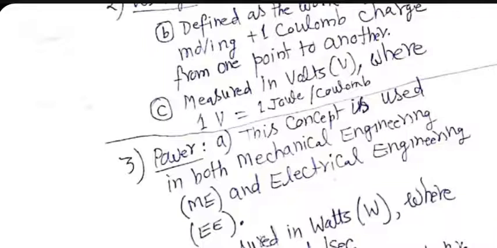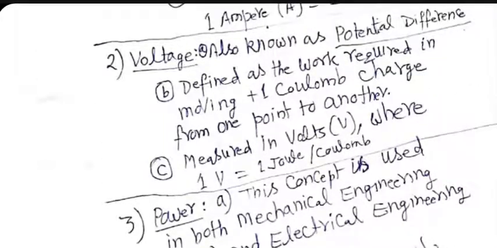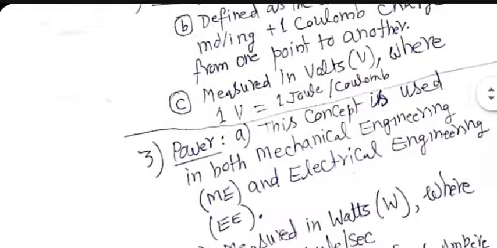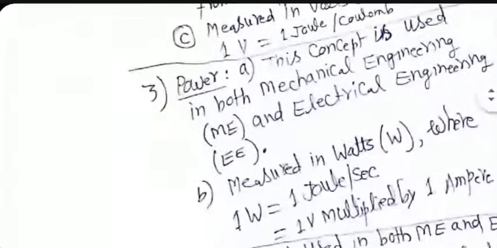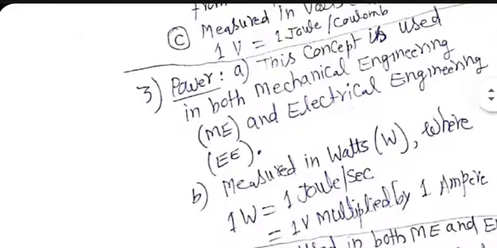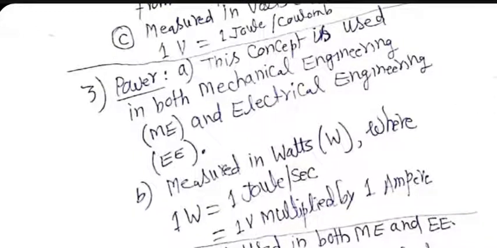As far as we are concerned, in the electrical engineering world, power is simply voltage multiplied by current. In case of AC, it is VRMS into IRMS. For DC, it is simply V into I. And I'm talking about real power, the consumed power. For mechanical engineers, it is more like joule per second, energy per unit time. And these definitions, by the way, are identical mathematically. Whether you say joule per second or whether you say volt into ampere, it should be the same. I will show it later.